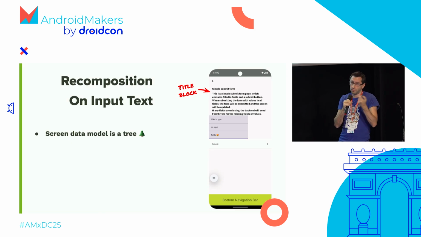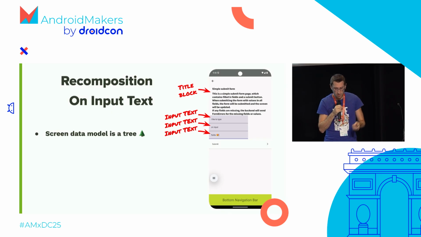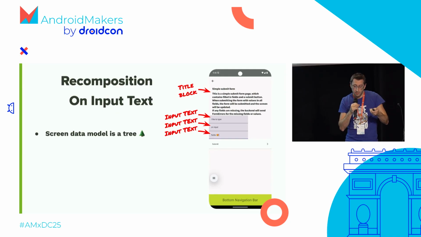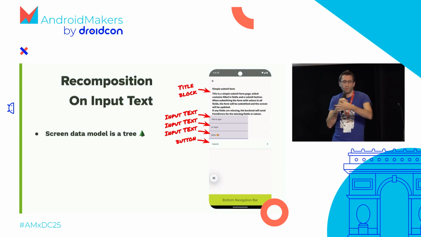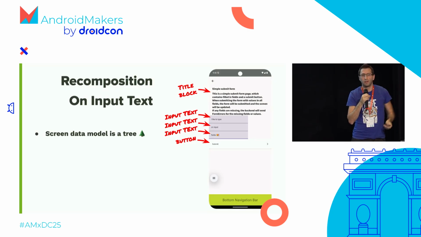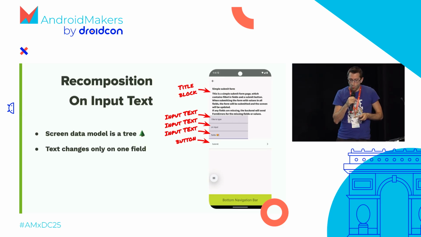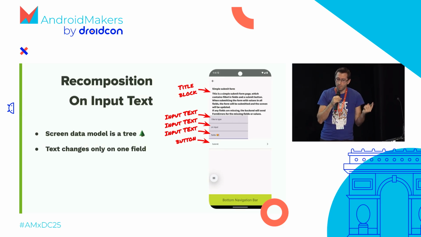So the first component, the definition of a UI component, will be a text title block. So it's just a blob of text. The second thing in this list of this screen will be an input text, surprise, another input text, and another surprise, another input text. And the last thing of this screen is just a button. So now you know from our view model, this data class comes with a list of all these 5 components. So we're going to observe this, and when we make changes to one of these input texts,